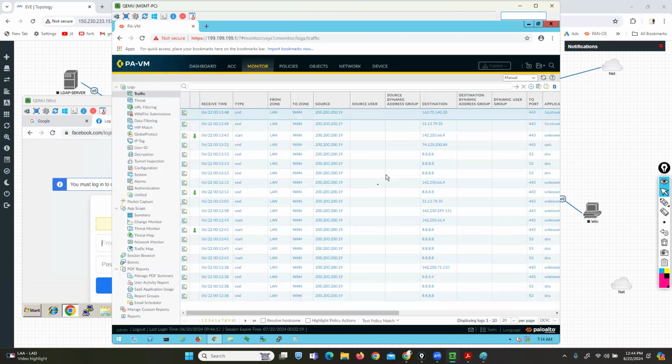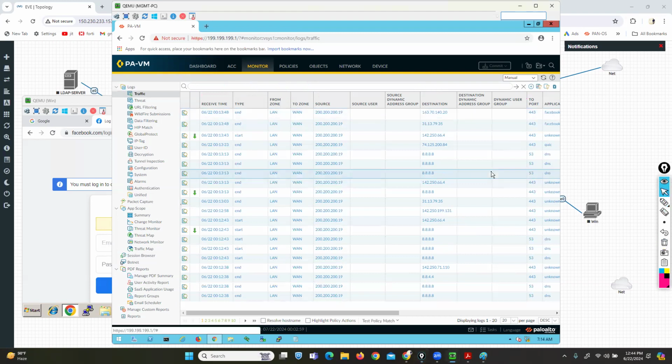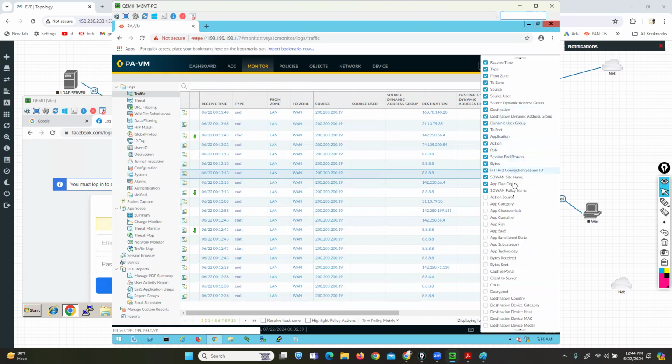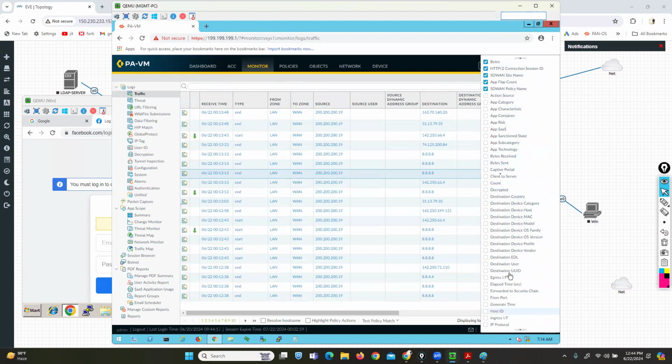So you can get detailed information in source, and these are the default columns. What information do we have in default columns? Receive time, type, from zone, to zone, source IP, destination IP, port number, application, what application you are accessing. If you want to add more columns in logs, yes, you can click here on columns, and see, multiple options are available. You can add